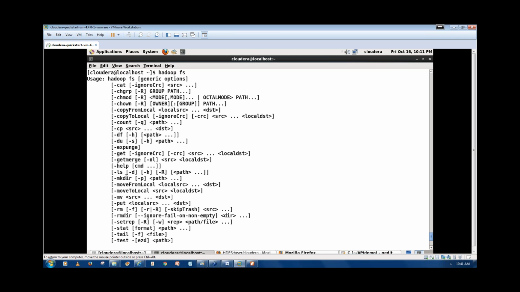So mkdir is used to create a directory. Move from local will move a file from the local to HDFS. Move to local will move a file from the HDFS to local, and mv is opposite to cp, right, which will move a file from the source to destination, one location to other location, right? And put is a command which copies a file from the local to the HDFS file system, and